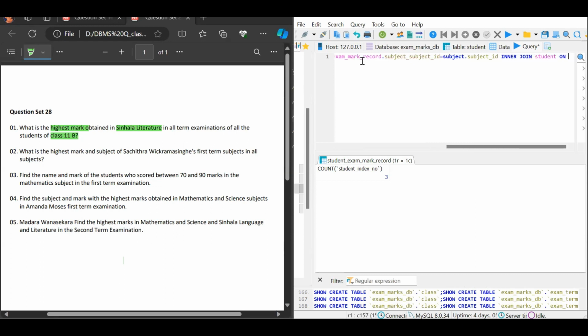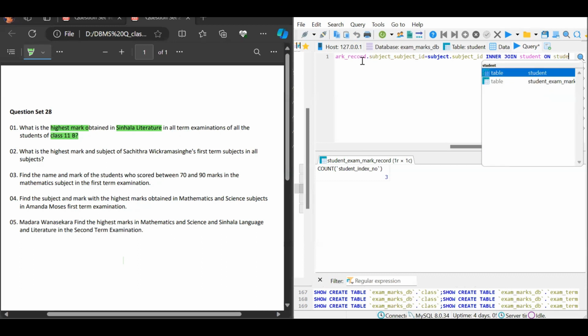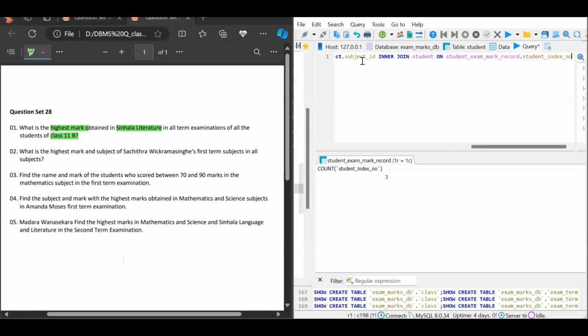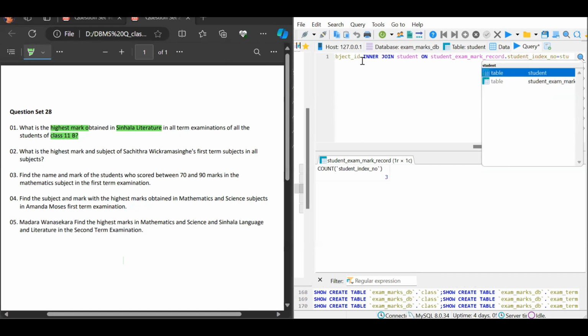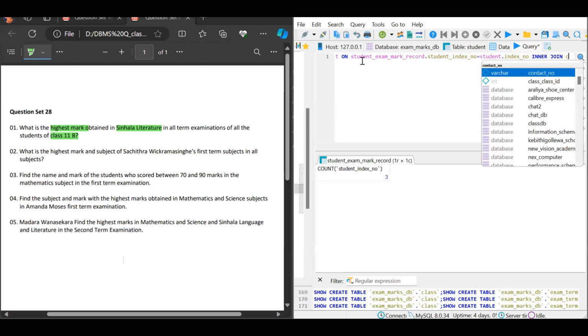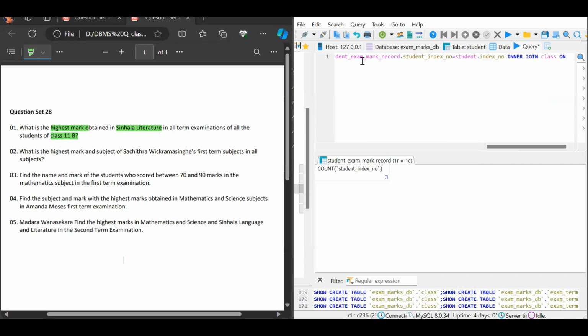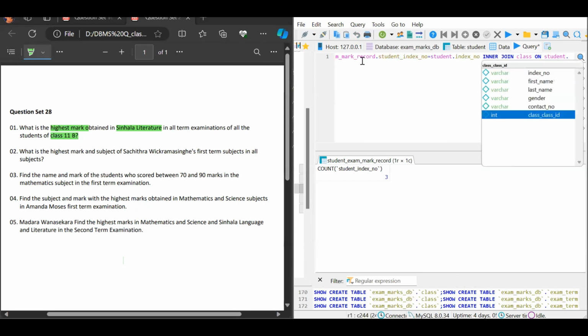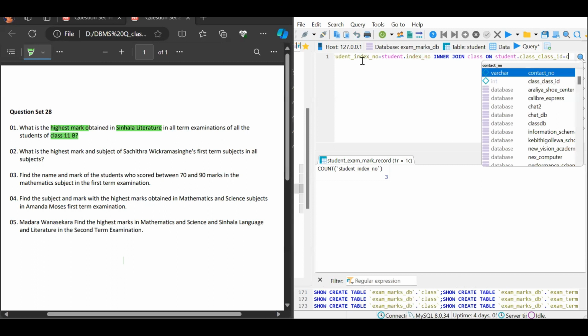So then we can use the on keyword here, the student exam mark record table dot student index number equals to student table dot index number, and then we can use the inner join here, and then let's join the class table. Then we can use the on keyword and student table dot class id equals to class table